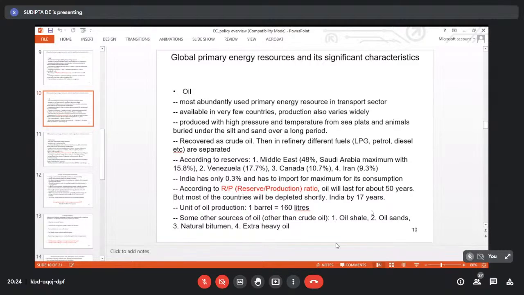Otherwise, if you make it separately in each country, it will not have a business model, number one, and the transportation of pure diesel or pure oil will also make the price much higher. So people generally import crude oil and then produce their desired products, LPG, petrol, diesel, etc., through the refinery. The basic principle of the refinery is, if you have a mixture of different liquids which boil at different temperatures, then we call it the fractional distillation process.